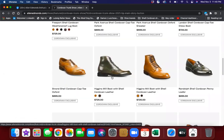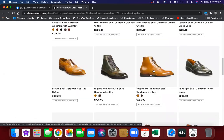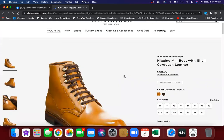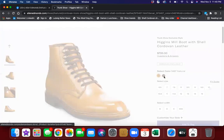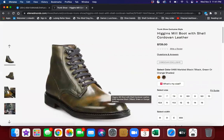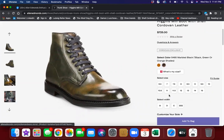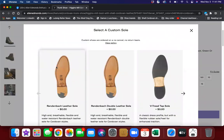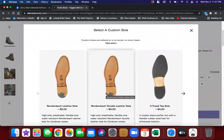And then when you go into a particular style, let's look at the Higgins Mill. It has natural shell Cordovan, and then has the marbled black. And then you can choose in your size, your width, and this is why people choose Allen Edmonds, because they do have a variety of sizes and a variety of widths available. And then you have this option to customize your sole, and you can look at the double Rednbach. Now, it is important to note,